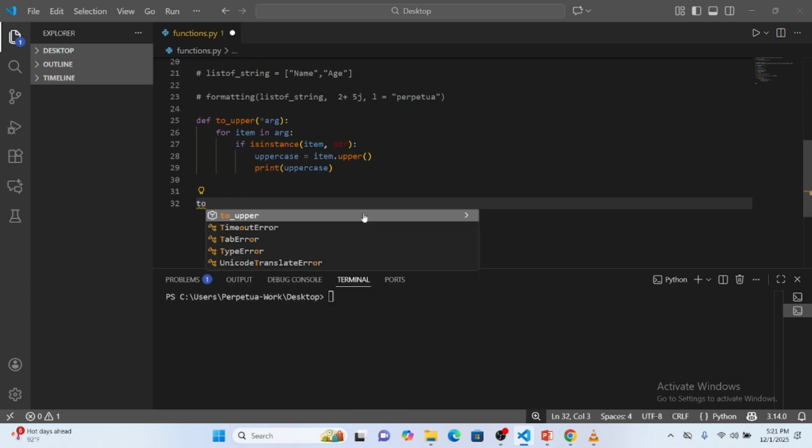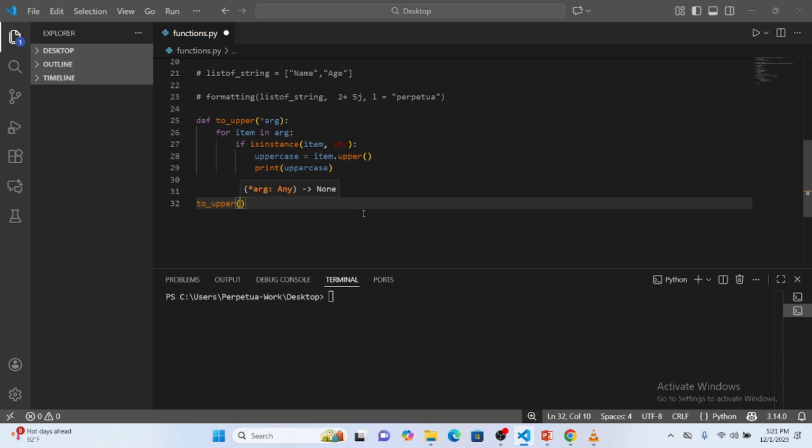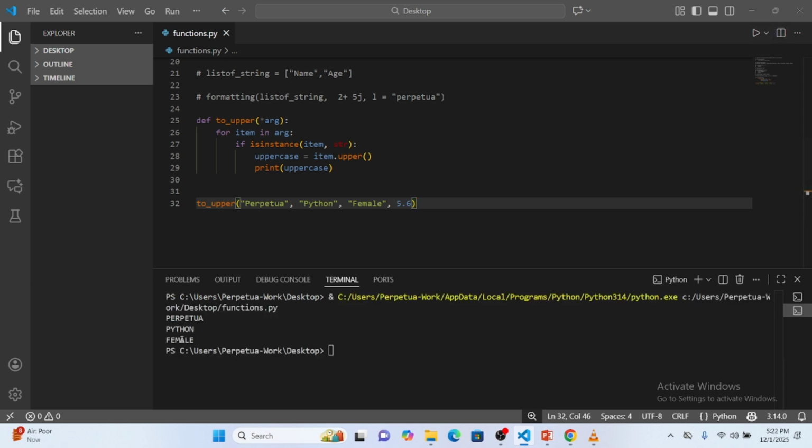So here, I'm going to come back here and call the function. So I'm going to call to_upper, and here I'm going to open and close my parentheses, and I'm going to pass in a lot of strings. So this time I'm going to pass in my name again. I'm going to pass in my favorite programming language. I'm going to pass in my gender, and probably I'm going to pass in my height, so 5.6, right? So now I'm going to save this and run. So you can see that all the arguments that were passed into this function have all been converted